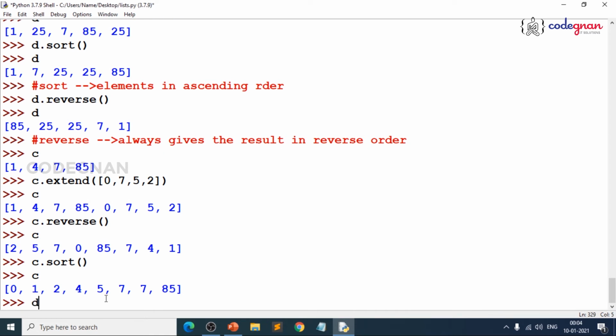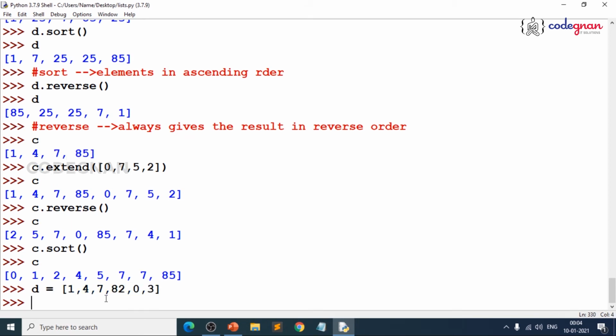Now let me take one simple example to clearly show the difference between sort and reverse. If you pass d dot sort, you can directly get descending order by passing reverse equal to true.